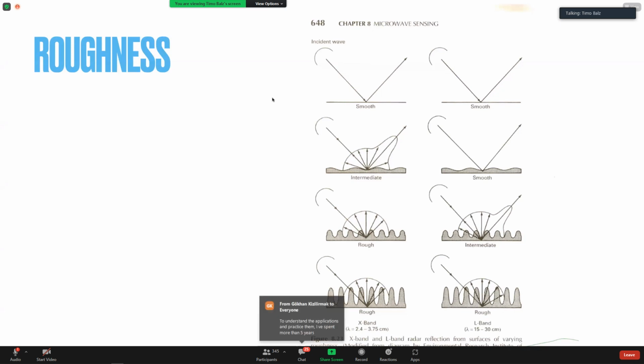And that means something like, for example, a road is typically very smooth with respect to a 3 centimeter radar. There are not many changes, not many jumps in it. If you think about a 3 centimeter wavelength, such a surface is very smooth, and therefore that would reflect like a specular reflection,